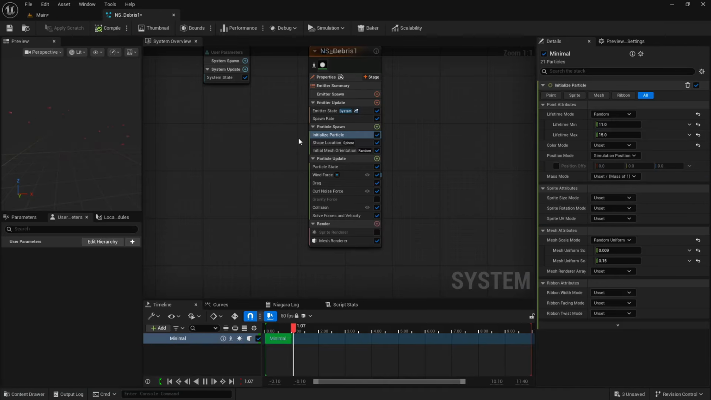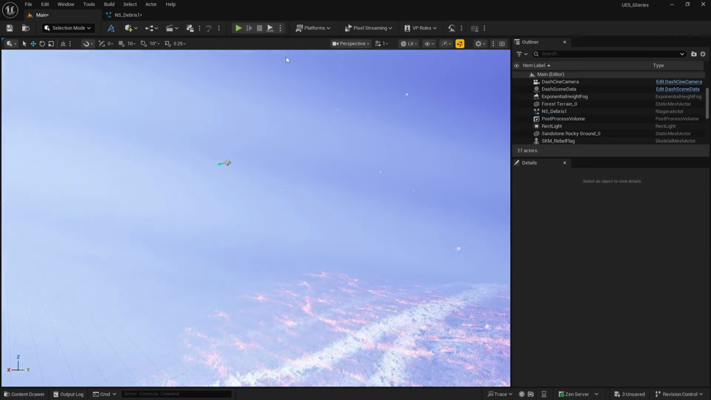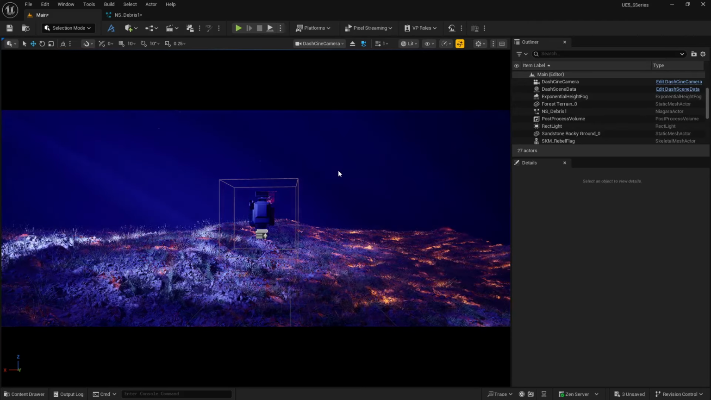And let's just increase the particles, because right now they are really low here. So what we can do, we can just go to our spawn rate, and let's just do from 20 to, let's say, 50. Okay, now you can see there are lots of particles that are flying here. Okay, and if I go to my dash camera, now you can see there are lots of particles that are